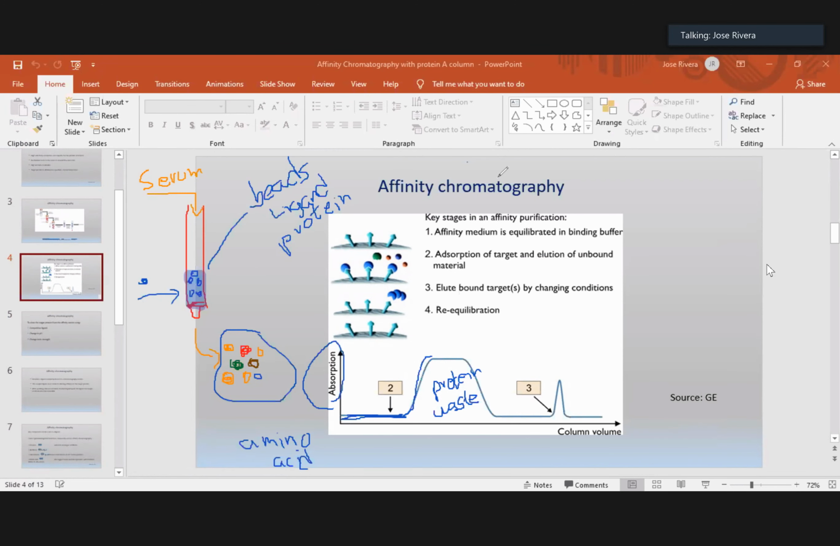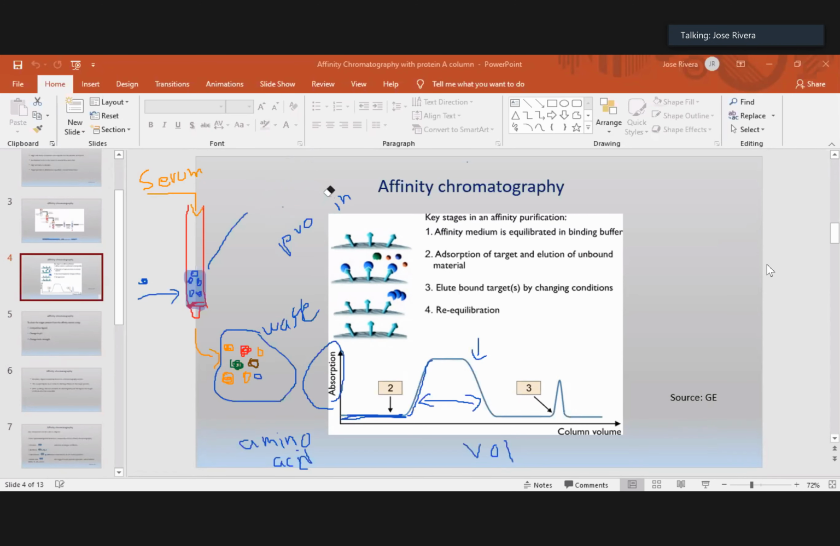Okay. And it has a big absorption here, large amounts of absorption, but it also comes out at a very large volume. This is because there's a big amount of protein in here. So this is volume. And so you keep washing. This is when you start washing your column. So once your waste comes out here with all the proteins you don't want, then